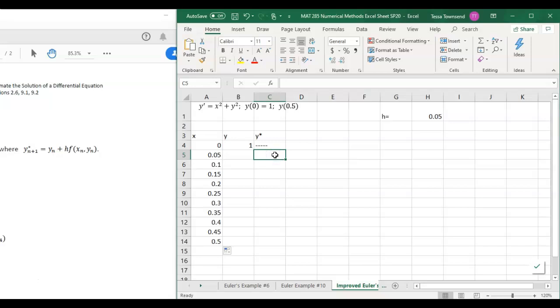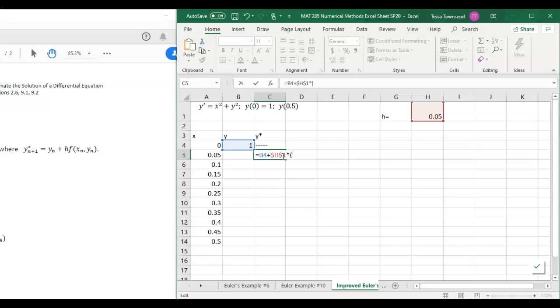So y sub n plus 1, which is going to start in that second row of my table, is equal to that previous y. Okay, notice it's the previous y, not the previous y star, plus the step size. Step size stays the same, so we need dollar signs,